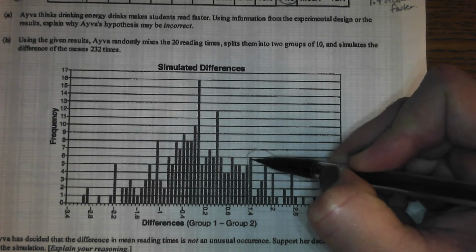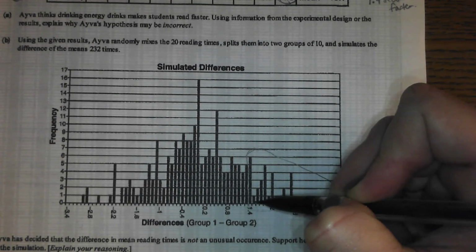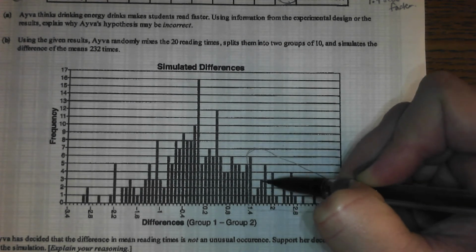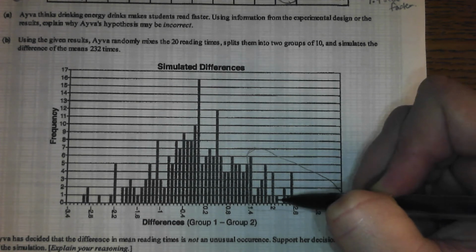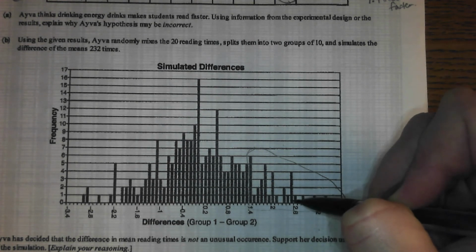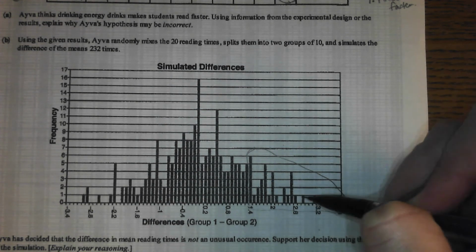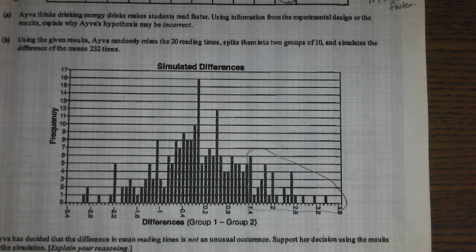Now, if you add all these up, this is 6, 7, 8, 9, 10, and so on up to 34. So 34